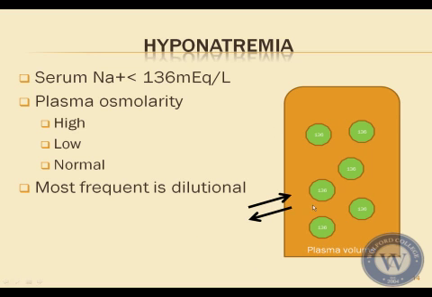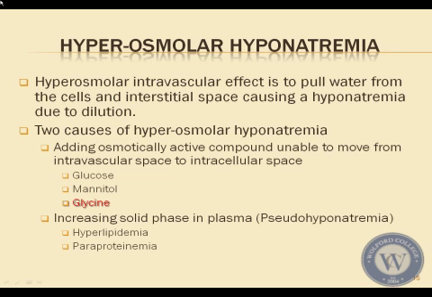If you actually decrease the total number, you may cause the osmolarity to change as a consequence, because it's a concentrating ability. If you look at hyperosmolar hyponatremia, the hyperosmolar intravascular effect is to pull water from the cells and the interstitial space, causing a hyponatremia due to dilution. There are basically two causes of hyperosmolar hyponatremia. That's when you add osmotically active compounds which are unable to move from the intravascular space to the interstitial space. Things like high levels of glucose,